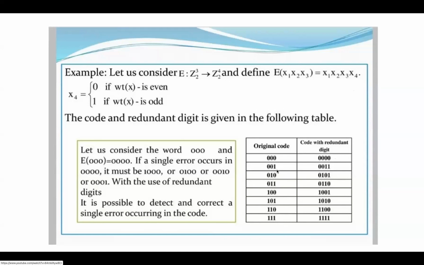Consider the number of ones in the original code, and according to that append x5. If the number of ones is even in the original code, append 0, and if the number of ones is odd, append 1. Does everyone understand what to do? Yes, ma'am. The code given for z raised to 4, you have to convert to z raised to 5. Getting?